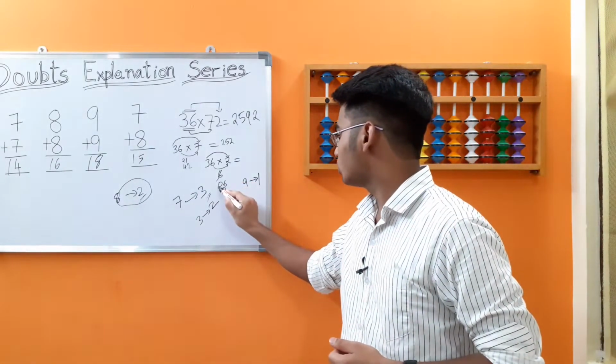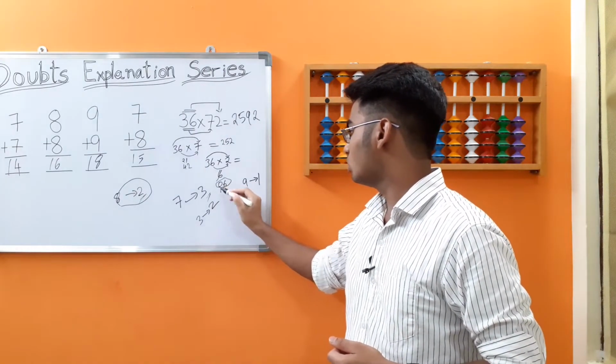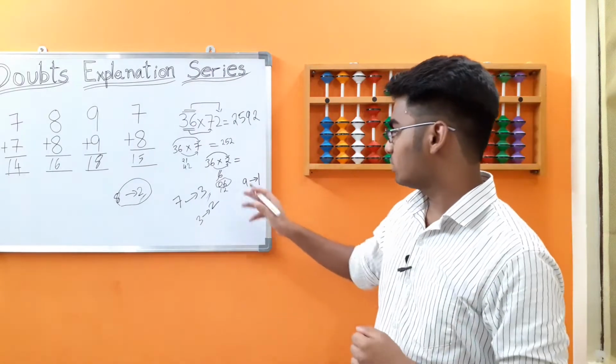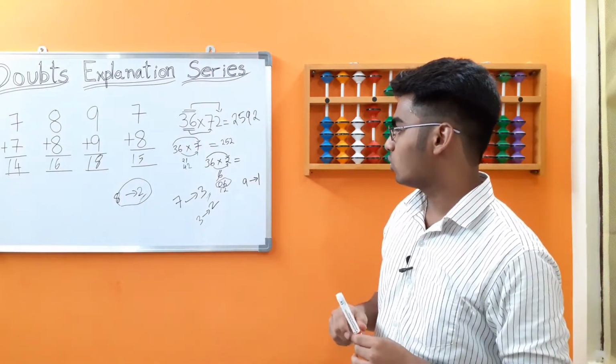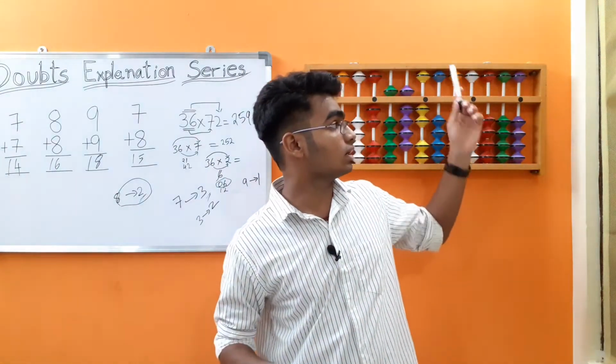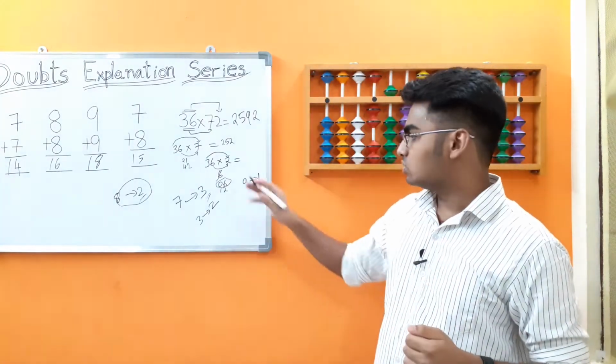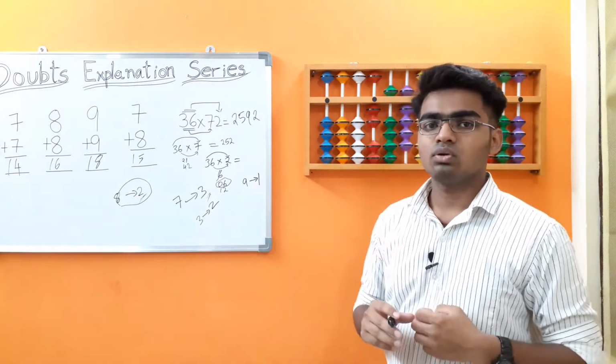This sort of rule is called zero rule. If you have any doubt on this, or if you are new to this, please watch my earlier multiplication video, which you can watch by clicking the above link. And also I'll be covering more examples of zero rule concept in our Abacus 2.0 course.